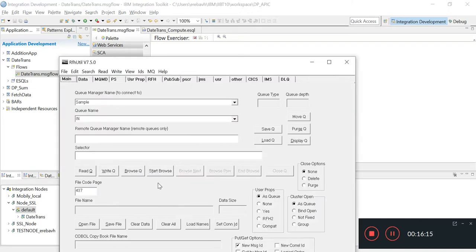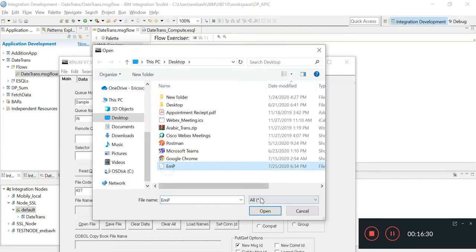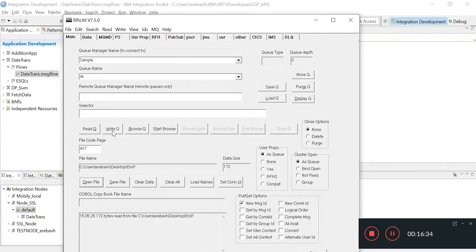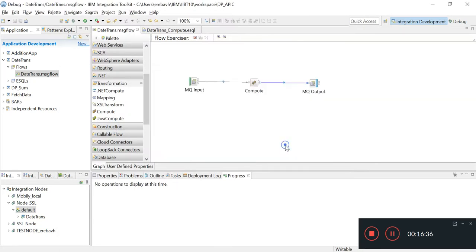So friends, as I told you, I'm not going to send any input message consisting of these dates. I'm just going to trigger this message flow. So I will send the sample message in this. Open file, any sample message you can choose, and click on write queue.